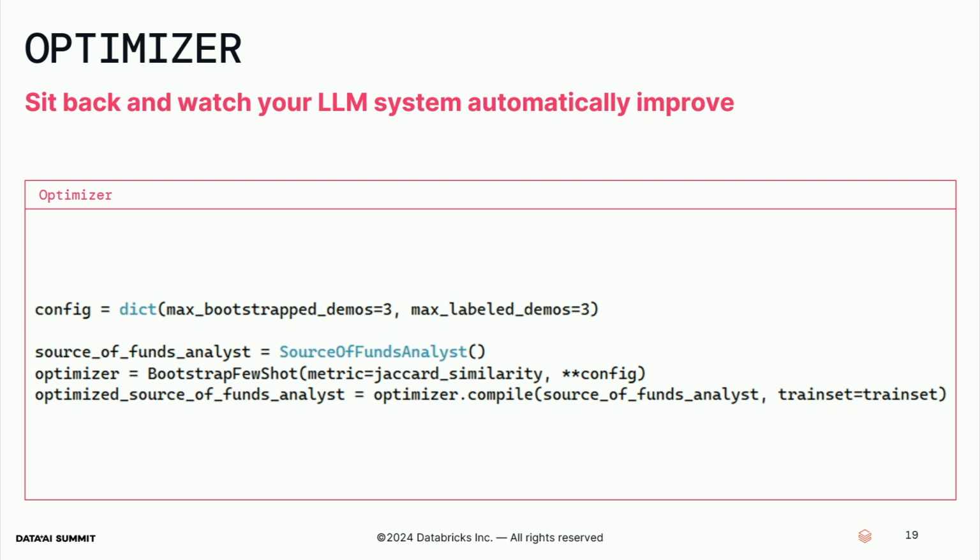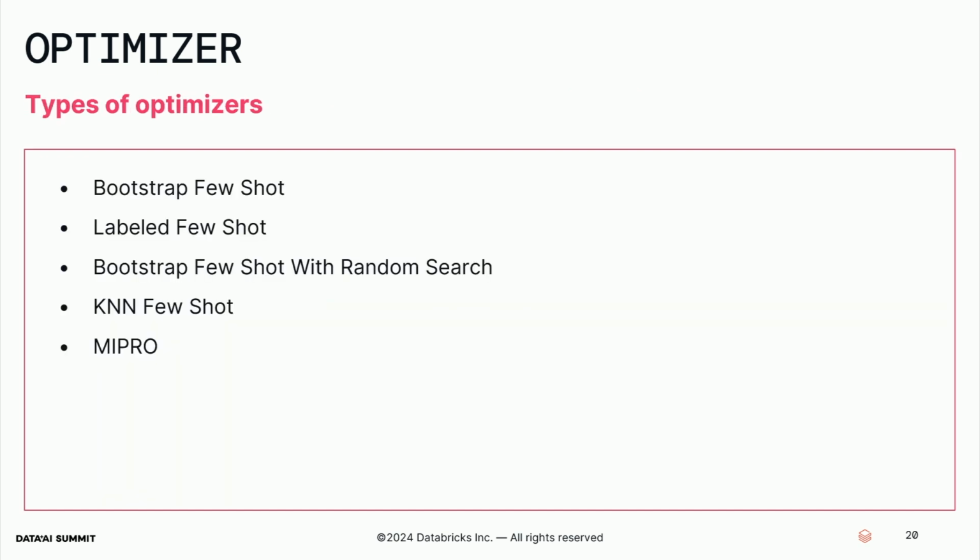Okay, so now what you might be wondering, and I get this every single time I get to this part in the presentation, is, how does it optimize my program? What's under the hood? Well, it depends on which optimizer you use. So that's another layer of concepts for you as we go along. Let's take an aside to study these. In PyTorch, remember, we have those optimizers. Well, we have our own class of optimizers in DSPy. With DSPy, you can tweak examples that are fed into the prompt.